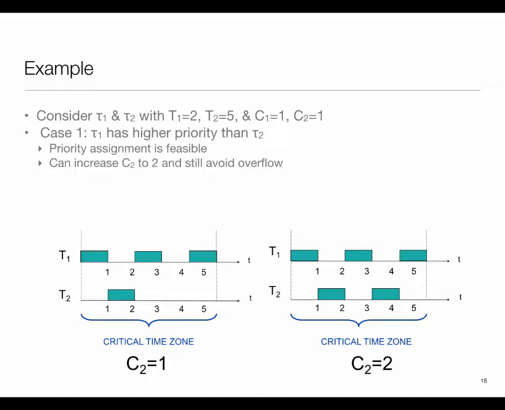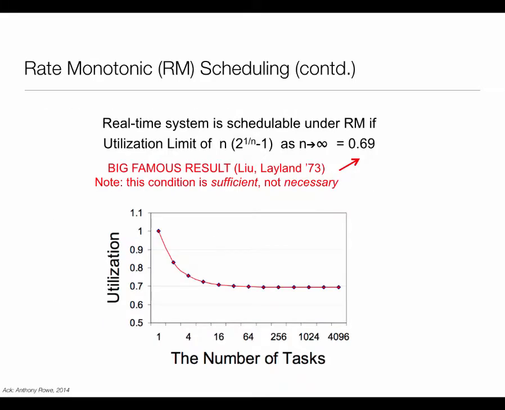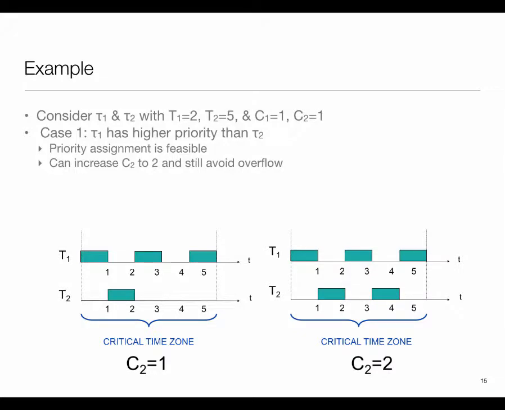For example, what if I had told you that task 2 is really critical. I do want it to have the higher priority. Then the rule would not have helped, because task 2 having the higher priority is not a rate monotonic assignment, and therefore I could not apply this rule. Okay, and therefore this kind of analysis would be my only approach.